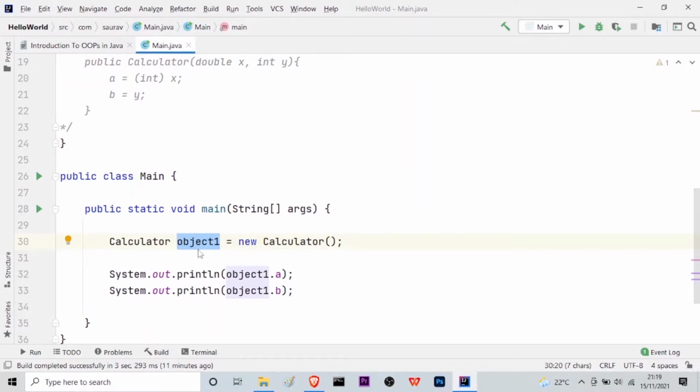Here I have taken it to be object1, and in order to make this object an object of the Calculator class, I have to use the new keyword, and then the name of the class Calculator. Thereby this object1 becomes an object of the class Calculator.